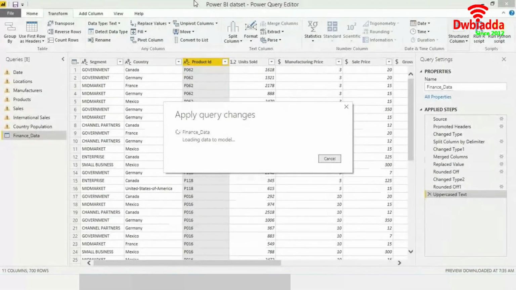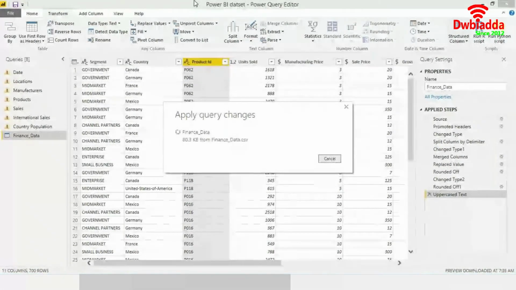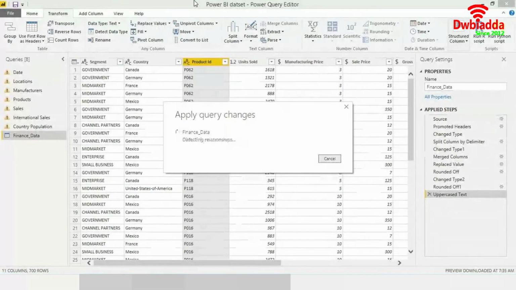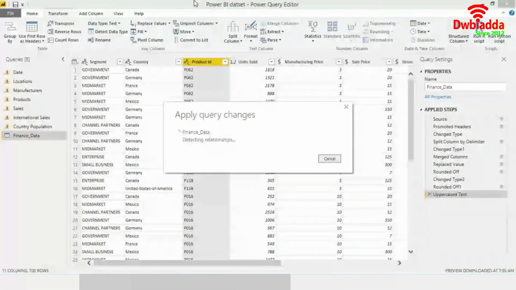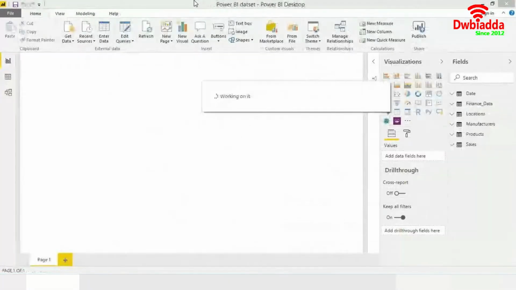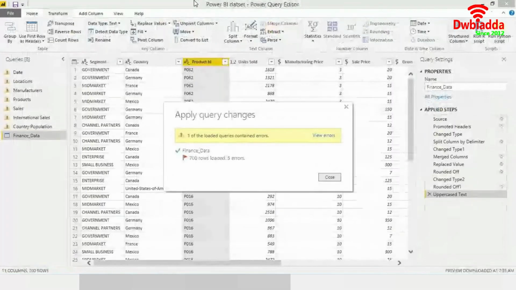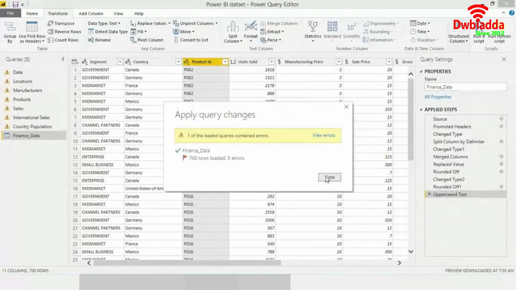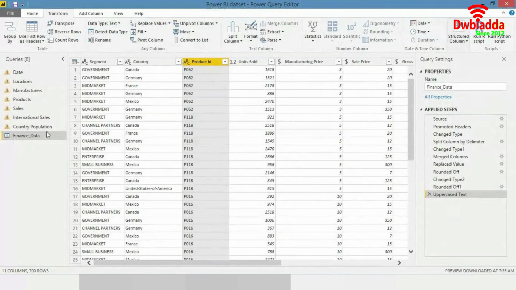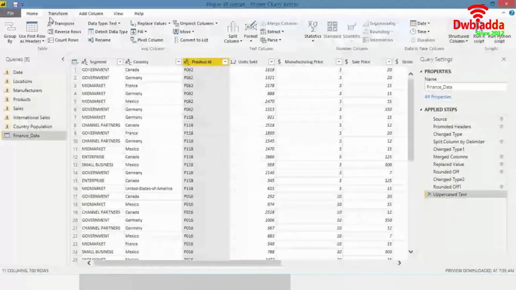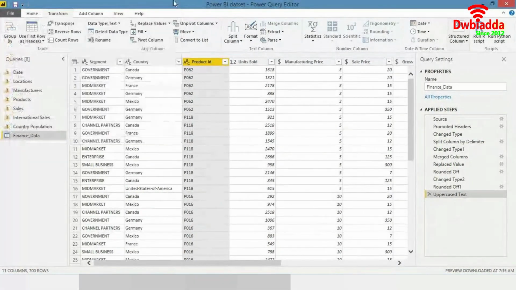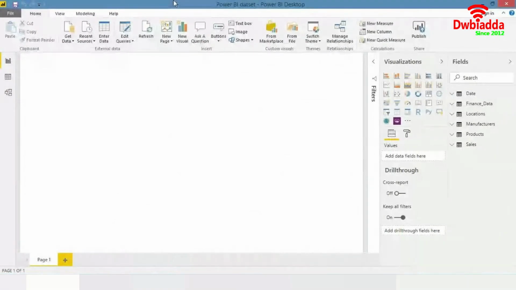Depending on the data set and how many rows you are handling, it is going to take some time to load the data into the data model. Now you can see it is done. Now you can go ahead and build your reports. This is the data set. You can close it since we have applied the changes. Now you're free to create your reports, right? But let's talk about another thing.